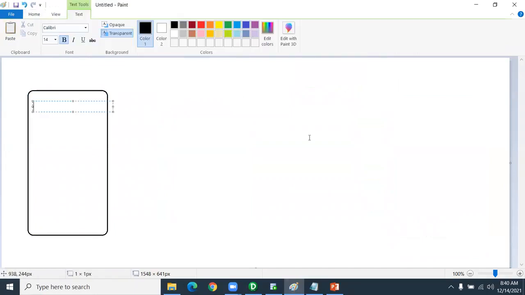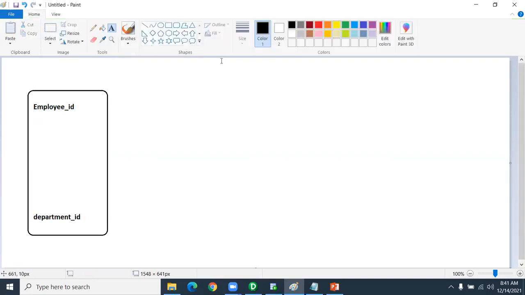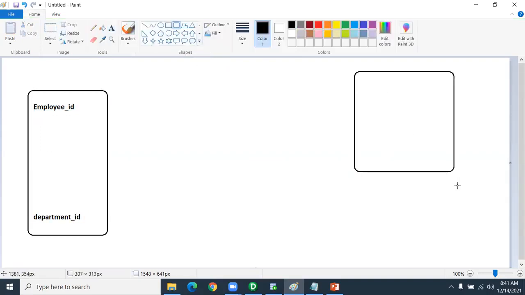Like this we have employee ID, first name, last name, all this we have. Up to here, we have the department ID. You assume that we have department ID in this source table. So this is the source table. But we have already seen the same kind of scenario in our